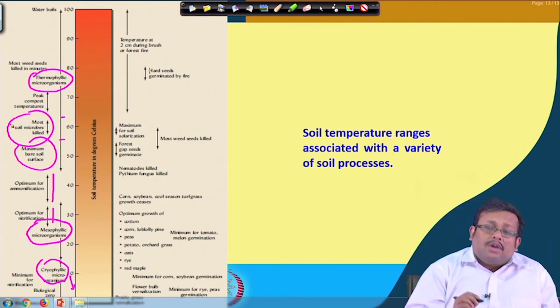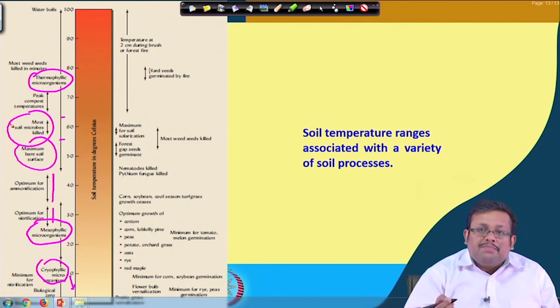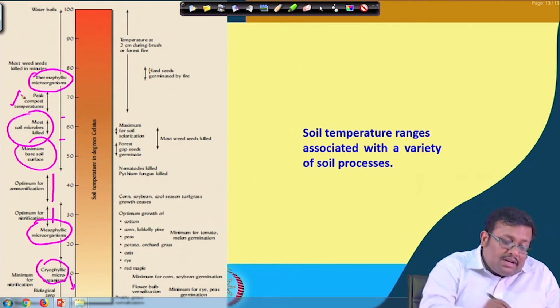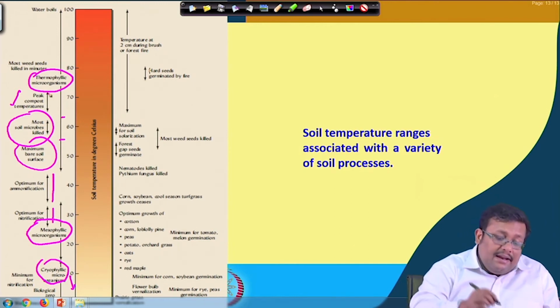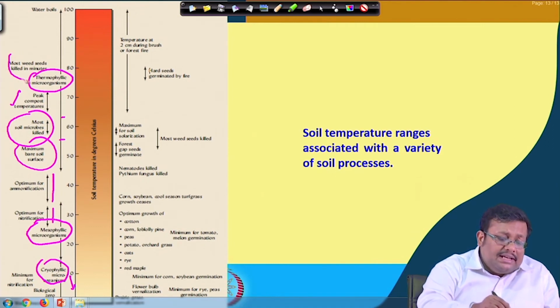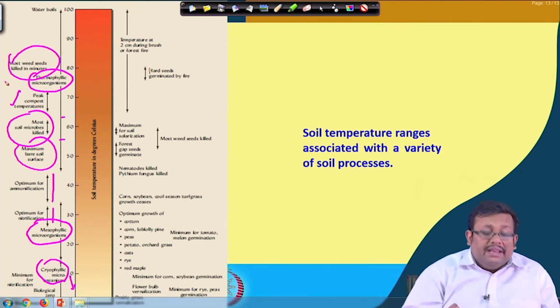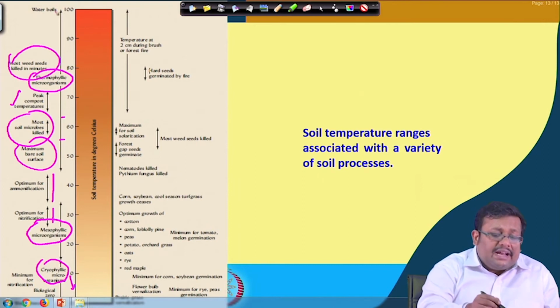Only those microorganisms which are present in the compost pit. Compost is an important soil manure; we will discuss that later on. In the compost pit you will see some microorganisms are present, and these are thermophilic microorganisms. They can only sustain in this higher temperature range. And above 80 degrees you will see most weed seeds killed in minutes, and obviously at 100 degrees centigrade